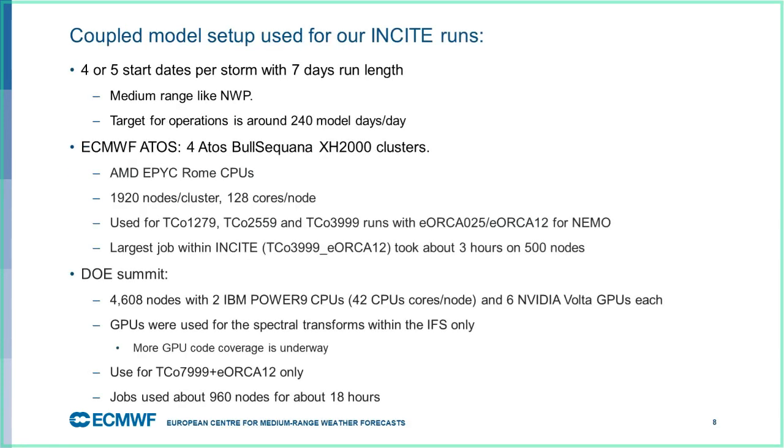So what were we actually trying to do? We were trying to run one of a limited set of start dates for about 7 days run length. So this is a medium range in NWP. And as I mentioned in the beginning, this thing about model days per day: we tend to say we have to do a 10-day forecast in 1 hour, so that's 240 model days per day. And the reason why I'm saying this is